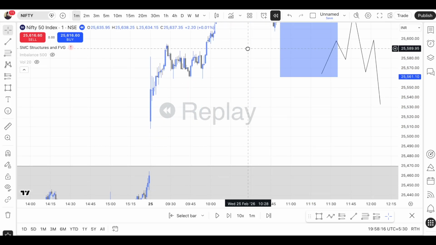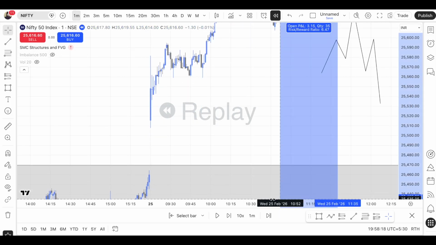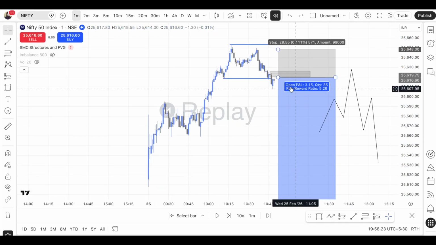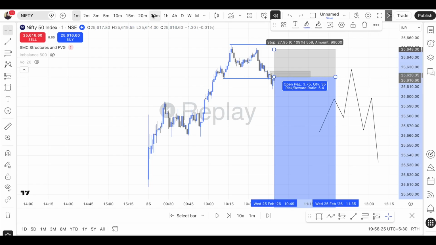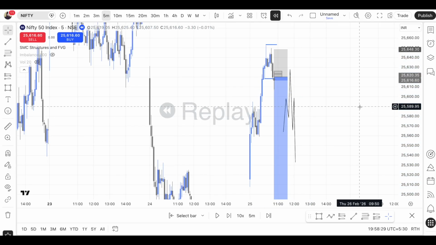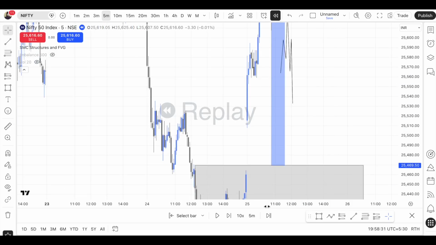Okay, and what did we say is our target? This is what we wanted to see as a target, right? So I switched to a higher time frame. This is where I had entered personally. And if you switch to a higher time frame and allow the market to play forward,